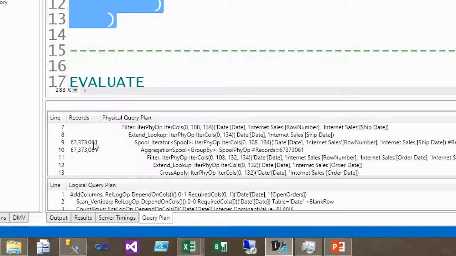When you have a slow running query, usually you have an iteration over a large amount of rows. In this case, we are iterating over 67 million rows. Now, the original table has only 60,000 rows. How is it possible that we are iterating millions of rows? Because we have in the query two nested loops that are creating a sort of cross-join. And this is the reason why this query is so slow.